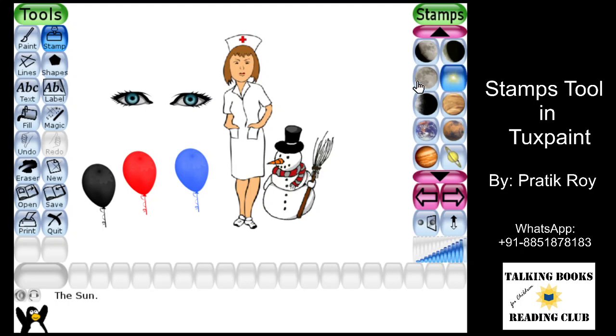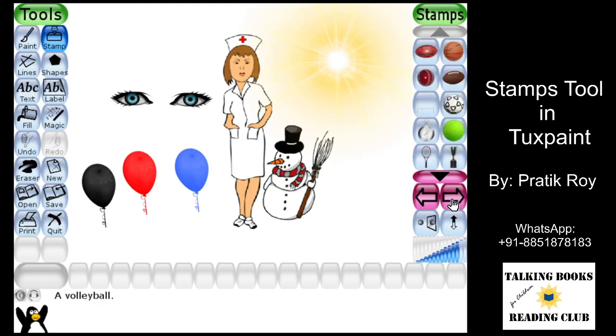So try that, and you'll be able to see the sun there like that. Okay, so let's move on to the next set of collections. We can see that here we've got some collections for the sports activities. We've got some footballs, and we've got volleyball, some rackets, helmets. So use them according to your needs.